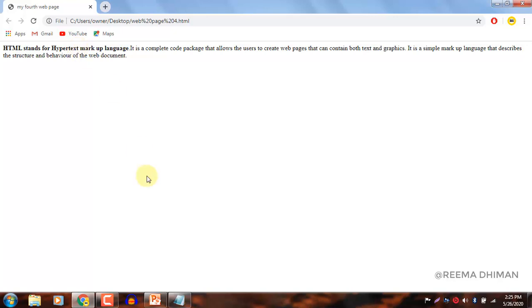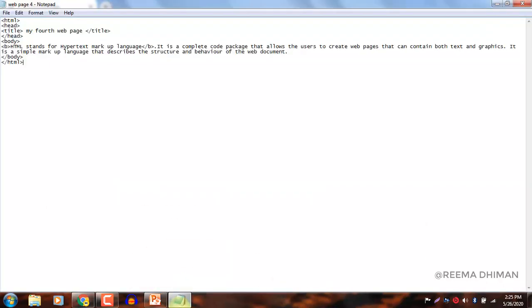Clear? So we can also highlight all the content of the web page. For example, if we want to highlight all the content, we just have to close the B tag here.